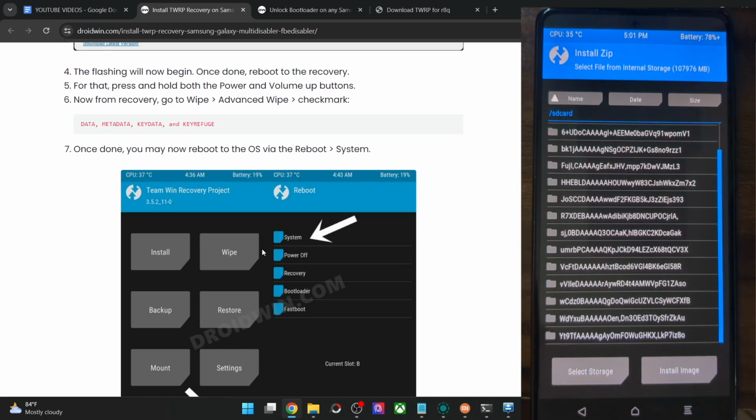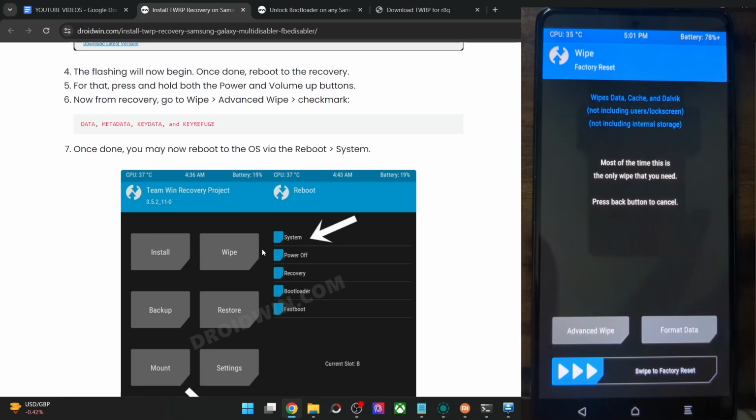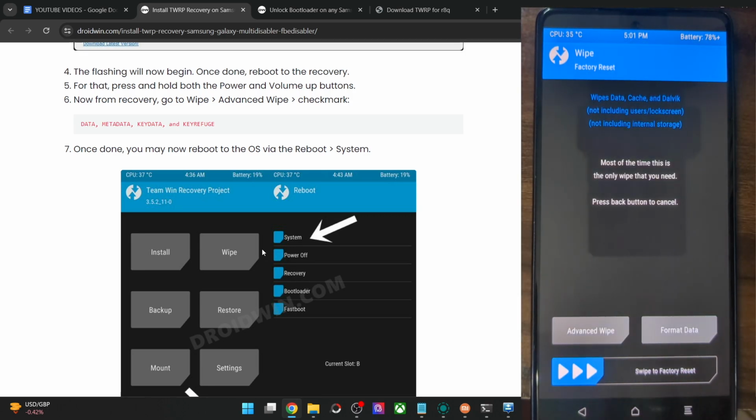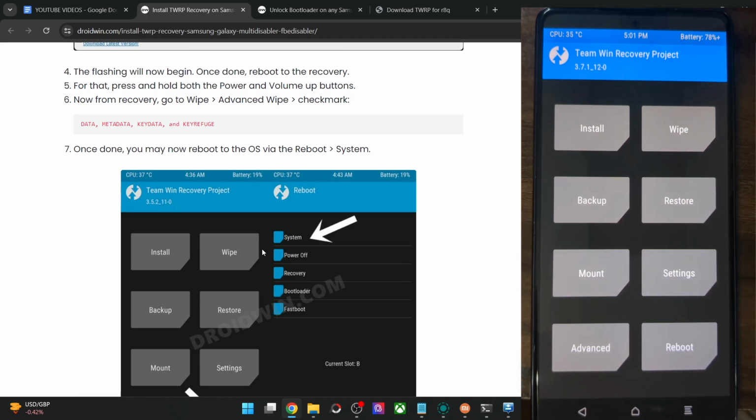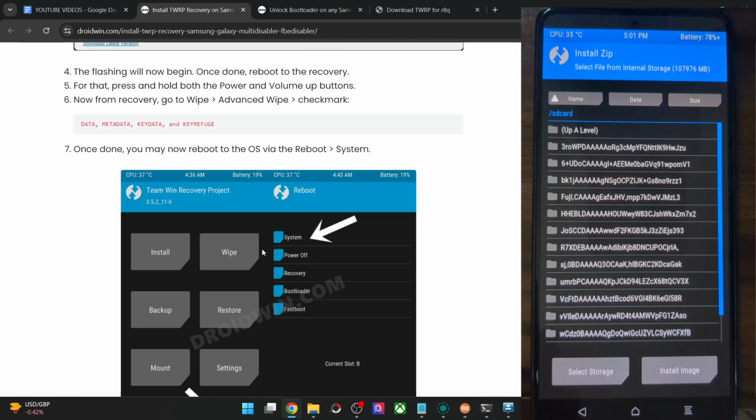However, upon the next reboot, it will again get encrypted and you will again have to do a format data. So this will require a lot of effort, and doing a format data upon every reboot might not be possible for all of you out there. Even though the format data will wipe off encryption, upon the next reboot, the encryption will once again occur. So a much easier approach is to simply ignore the SD card partition and transfer the file to any